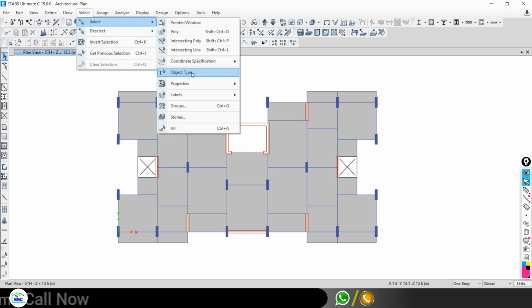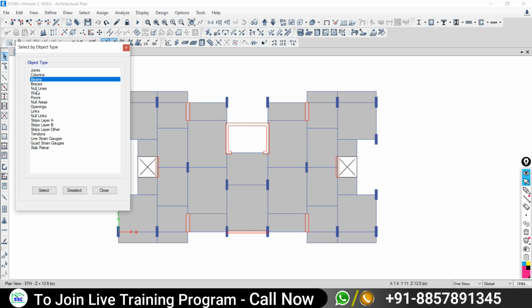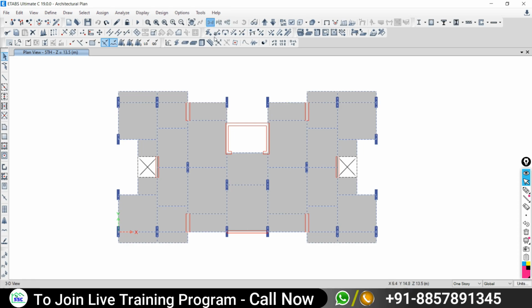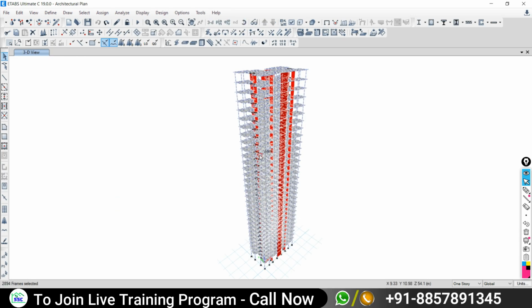Go to select, go to object type. Say beam as well as column at once. Select. So now from base to top, all the beams and all the columns have been selected. But our intention is all the beams and all the columns of that particular story we need to select.